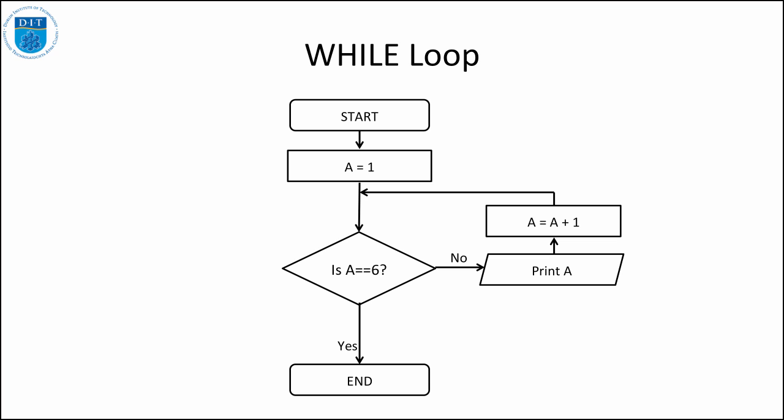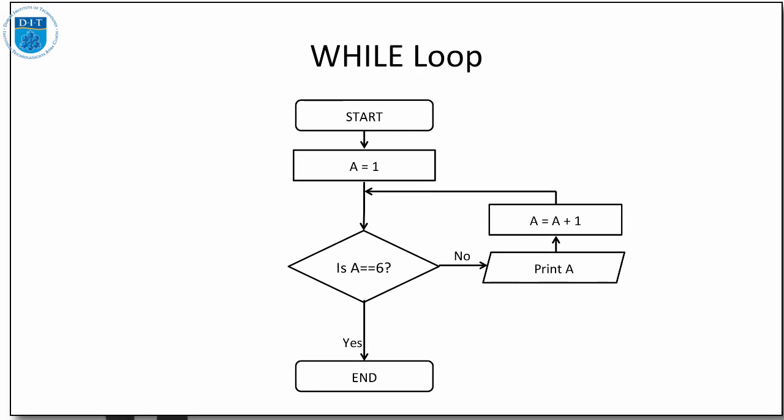We keep on going around that loop while A is equal to 6 is no, and then at some point A will be equal to 6, which is yes, and then we end. So that's the standard format of the while loop as a flowchart. It's the same kind of condition as an if statement, but all the statements are then to the right of